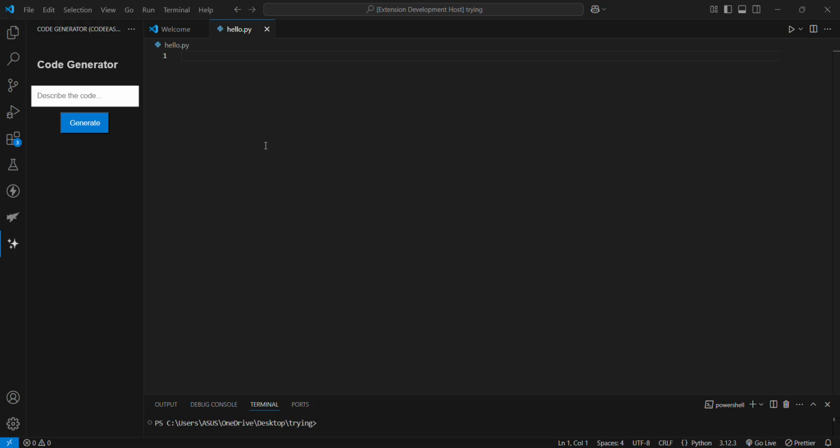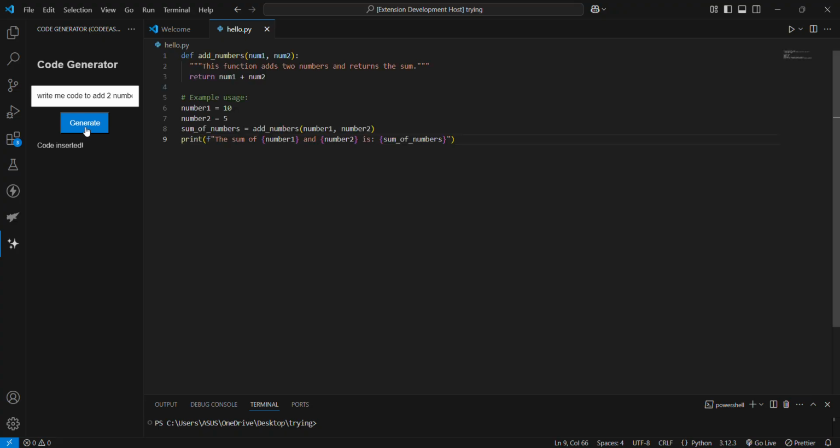Okay, so first part, code generation. How does code generation work? When you click on this icon, you'll get a window panel at the left side of your screen. When you type in, write me a code to add two numbers, this will give you a code on your current editor to add two numbers. When I click on generate, it is generating the code